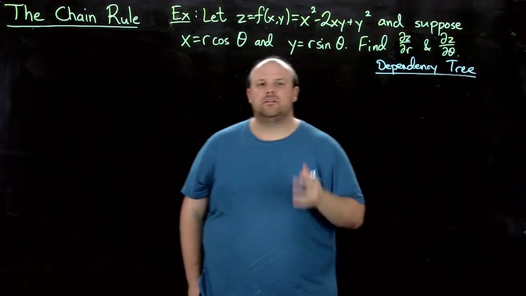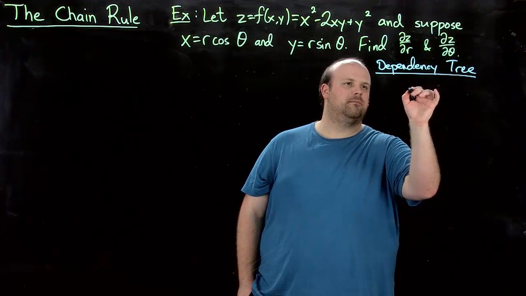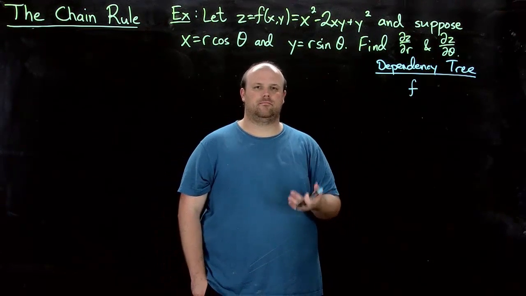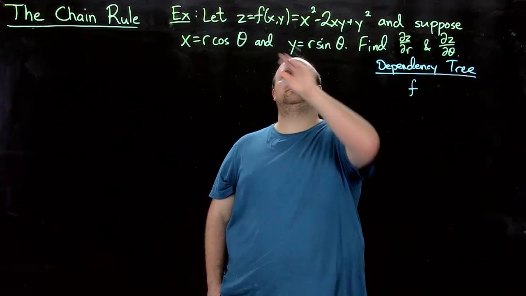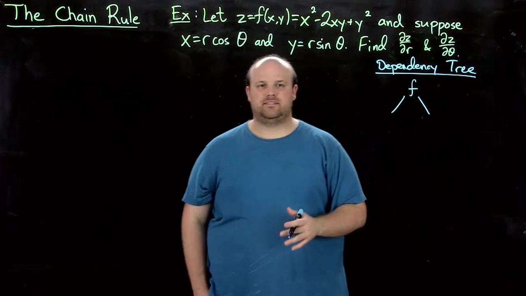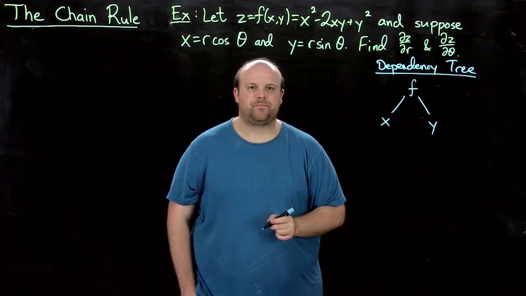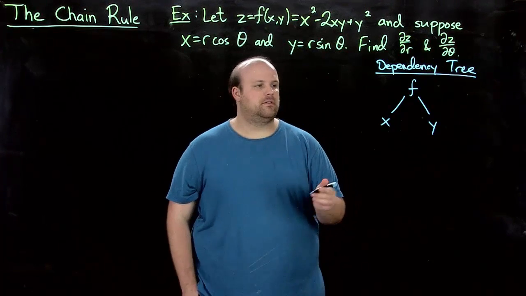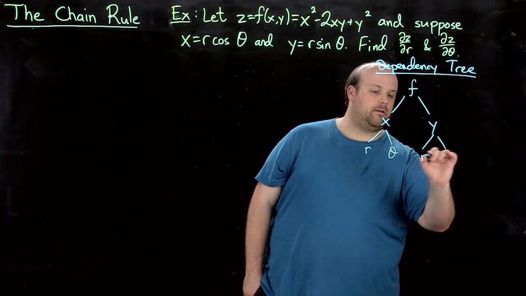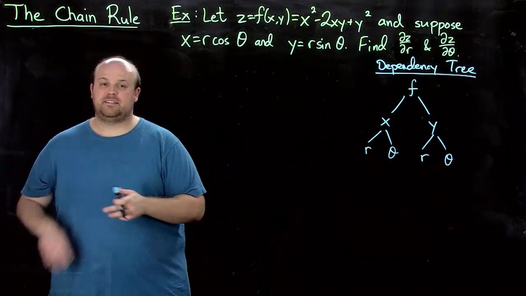So what is this? Well, at the top level, we have F, or Z. I'll write F this time, but we could write Z, because Z is F. Now F depends on two things, X and Y. But in turn, X depends on R and theta, as does Y. So now we have this dependency tree here,